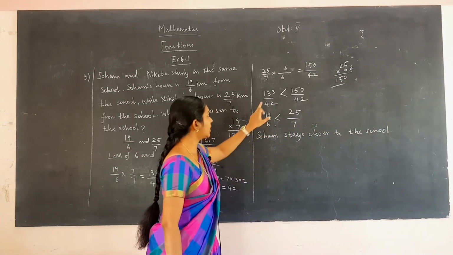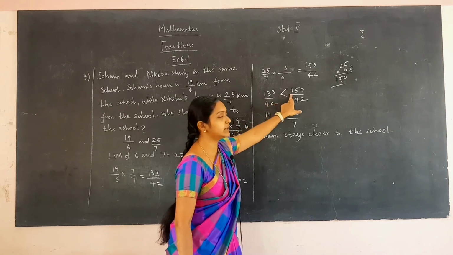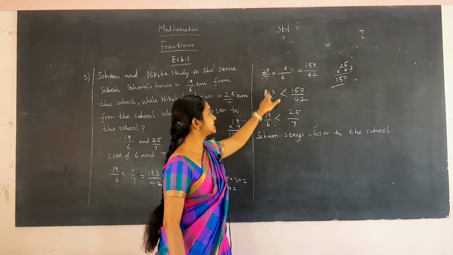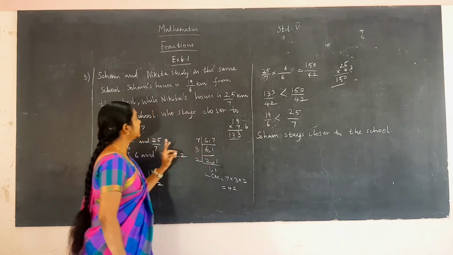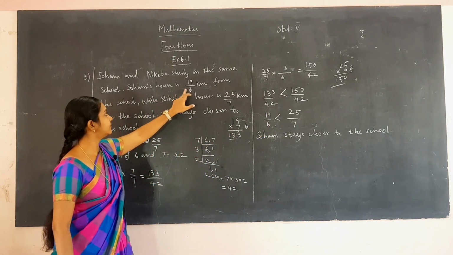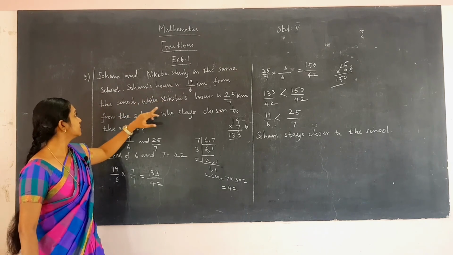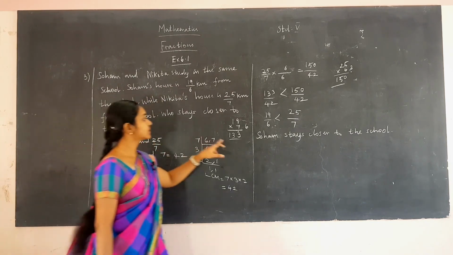While comparing, 133 is smaller than 150. So this distance is smaller. That is, the equivalent fraction is 19 by 6. 19 by 6 is the kilometer distance from Sohan's house to school. So, Sohan stays